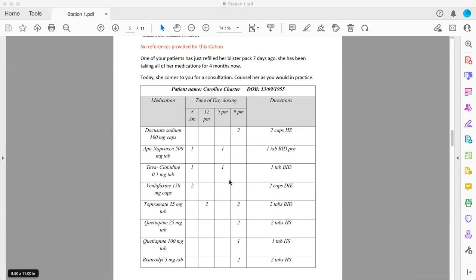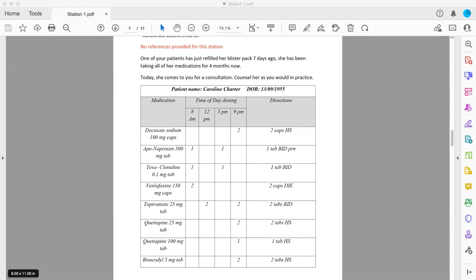Okay. Do you have any allergy? No, I don't have any allergy. Not to my awareness. Okay. Do you take any over-the-counter medication? No. Any herbals, vitamins? No. Do you drink alcohol? No, I'm not a drinker. Do you smoke? No. Do you have time to do exercise? I try to walk my dog every day. Do you drink caffeinated beverages like coffee? No, I don't drink either tea or coffee.